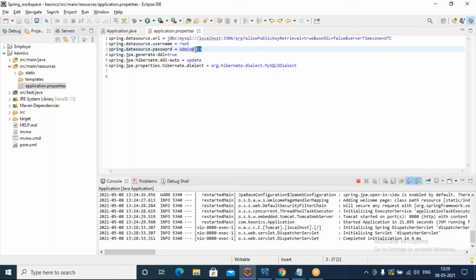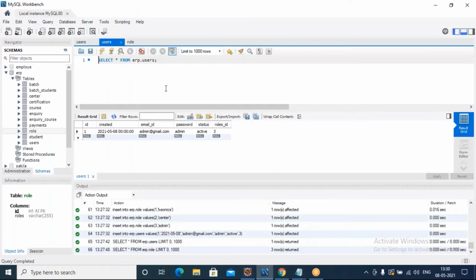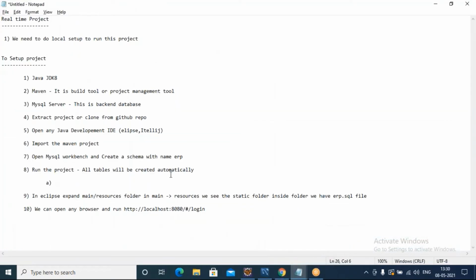You need to update this password with whatever password you gave while installing MySQL, in application.properties, before starting your project. Only then can it connect to your database in your local. So I'm putting that step over here.